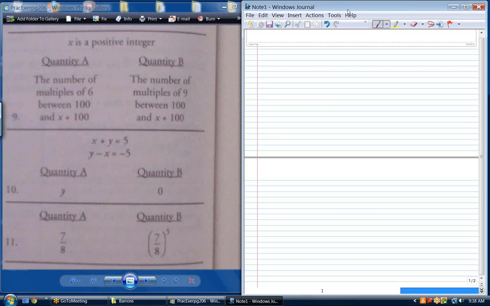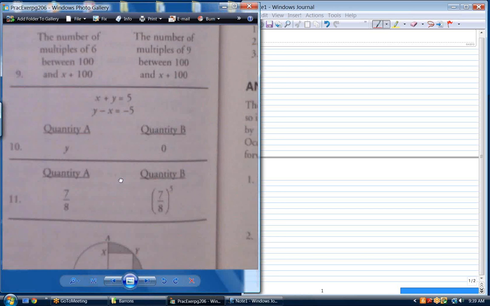If I said to you, which is bigger, the number of multiples of 6 between 0 and 100, or the number of multiples of 9 between 0 and 100, what would you say? I would have said quantity A. Okay. And that is the way that I first misread this problem, was between 0 and 100 instead of between 100 and x plus 100. But